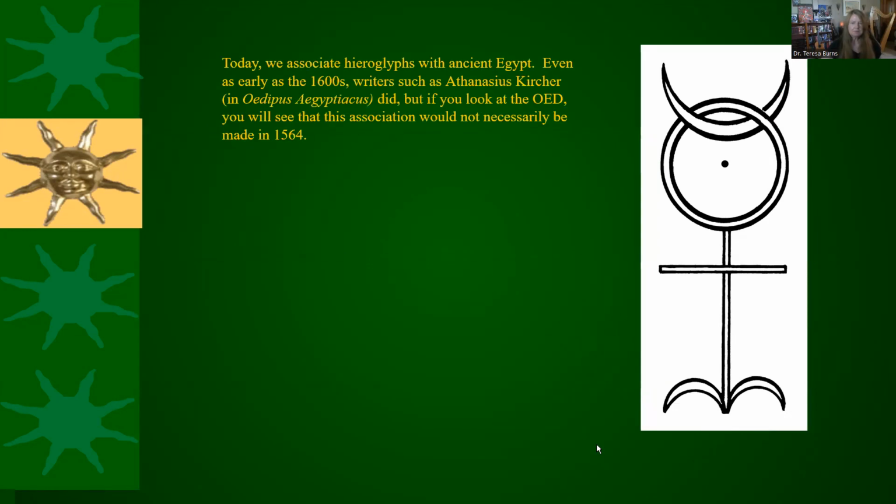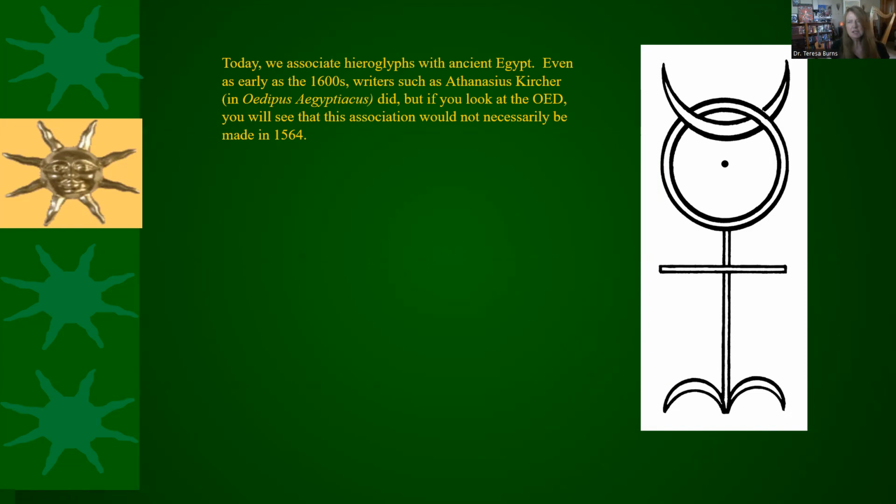So here is Dee's hieroglyphic monad, as you know, and you know that what he's doing in the theorems is taking it apart and putting it back together using all kinds of anagogical, mathematic, and Kabbalistic correspondences for his theory of everything. But he's saying this is a hieroglyph. Well, today we associate hieroglyphs with ancient Egypt. They didn't